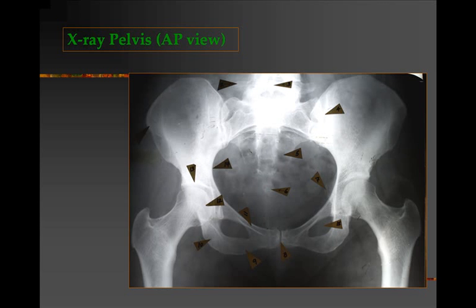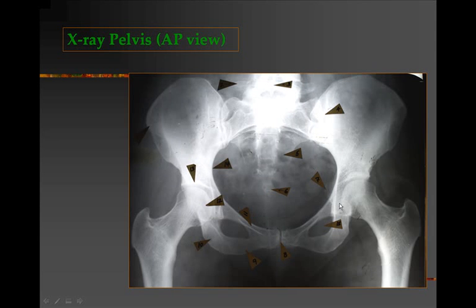Here we have an X-ray of the pelvis. This is an antero-posterior or AP view. The different components of the pelvic bones are clearly visible here, starting with the iliac crest, the iliac bone, the sacroiliac joint on the right side, articulating with the sacrum, the sacroiliac joint on the left side, the iliac crest and iliac bone on the left side,